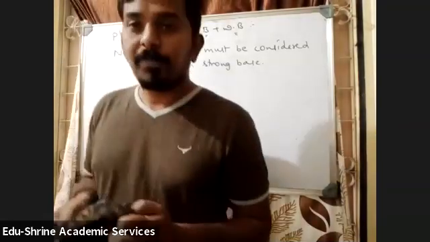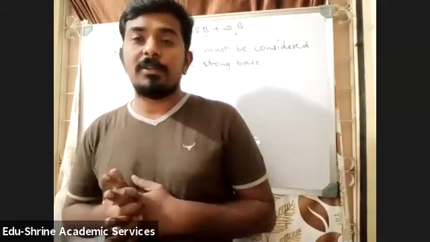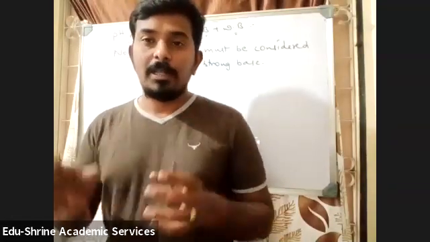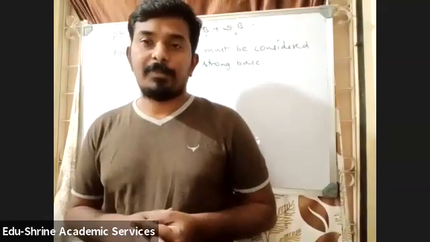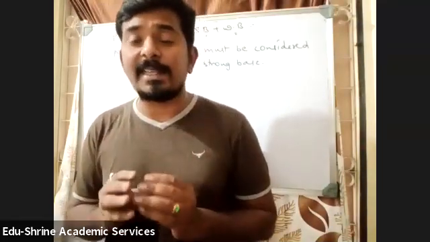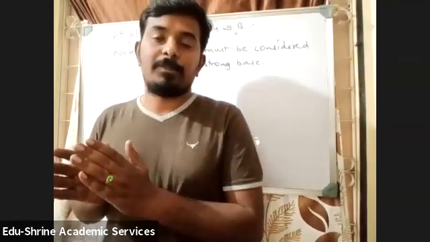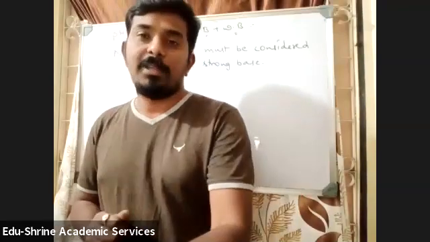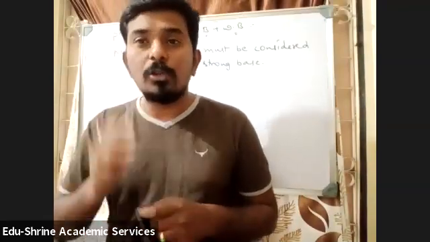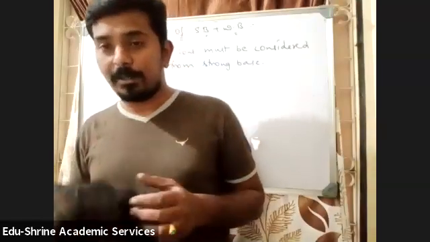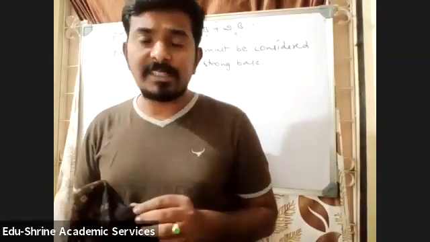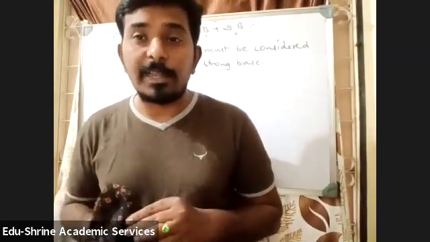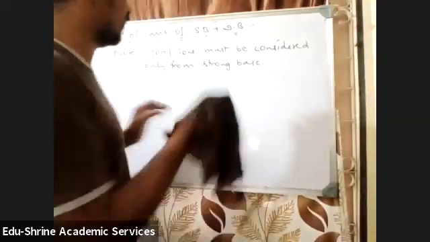Okay, now remember this condition. Till now, whatever pH we have calculated, we have done separately for acids and separately for bases. Now comes the important part. 90% of the questions in your entrance exams will be from this part, that is calculation of pH of a mixture of an acid and a base. When acid and base are mixed, how do you calculate the pH of the solution? So let us start with the first point here, that is a mixture of strong acid and strong base. How to calculate the pH of a mixture of strong acid and strong base?